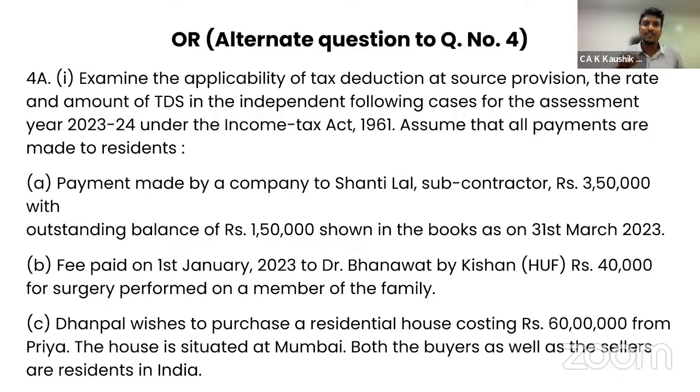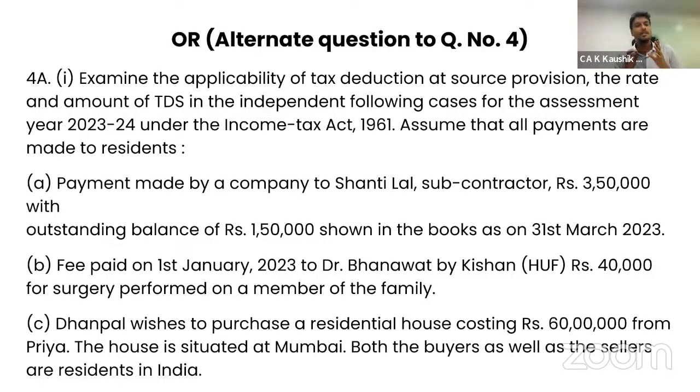194J is applicable when TDS is deducted at 10% if the fee is more than 30,000. But 194J says if it is availed for personal purposes, then no TDS deduction. Thereby, you need to write a note that since the treatment or professional services is availed for the purposes of personal performance, then TDS is not applicable.